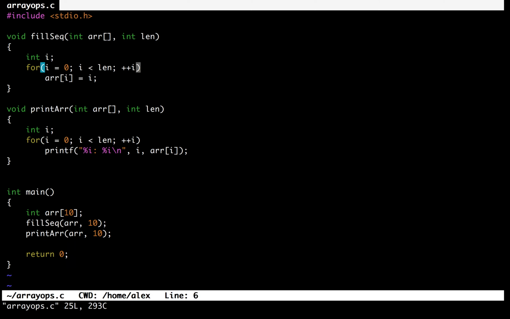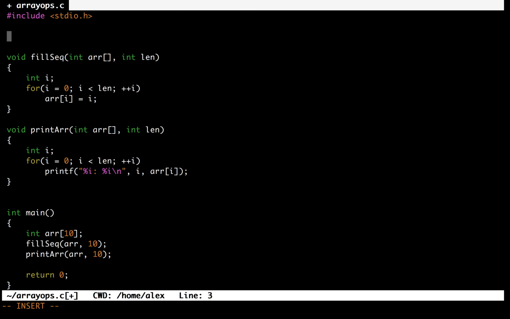So I think we've probably done sum before, but let's just go ahead and do it again. There's two different ways we could approach doing these functions. One way is we could say void and it wouldn't return anything, it would just print off the sum, the min, the max, or we could actually return the sum, the min, or max from our function. So for right now I'm just going to not return anything. So we'll say sum array, pass in our array, pass in our size or length,